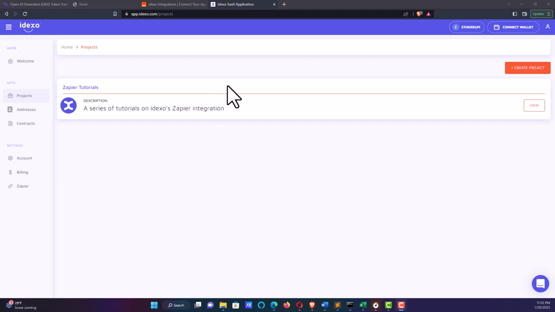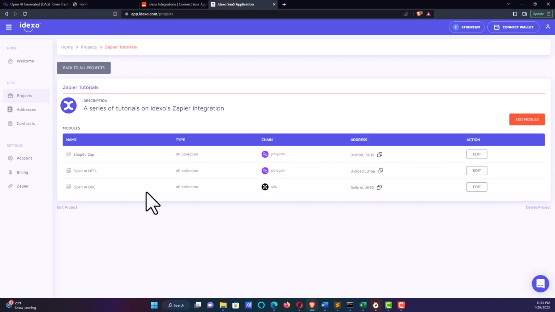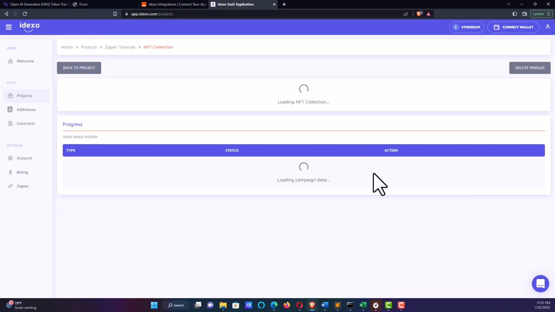So I've got my app.idexo.com project running here in my account. As you can see, I've got a project created called Zapier Tutorials. When you view that, you can see that I've got a number of contracts that I've created. And the one I'm looking for is this OpenAI NFTs. So you can see if I edit that,